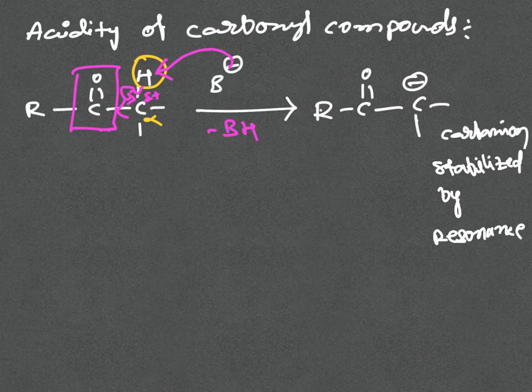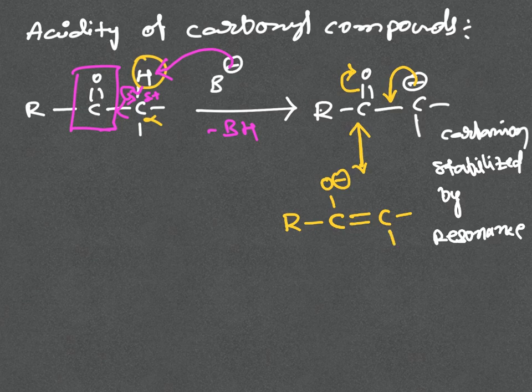Here, how the delocalization is taking place: carbon and oxygen. Oxygen is a more electronegative element which can drag the pi bond electrons towards itself. As a result, this carbon will get a positive charge, and the adjacent carbon, which is having a negative charge, readily gives it to the carbon, which forms a carbon-carbon double bond. I am writing the structure R, O minus, C double bond C. Now these two are resonating to each other. This structure we call an enolate ion, or commonly we call it enolate.